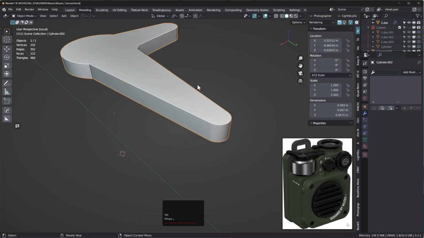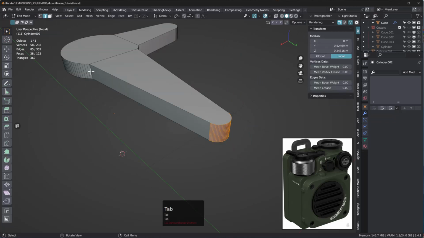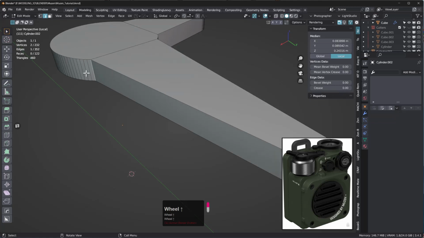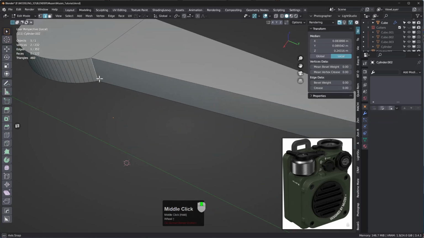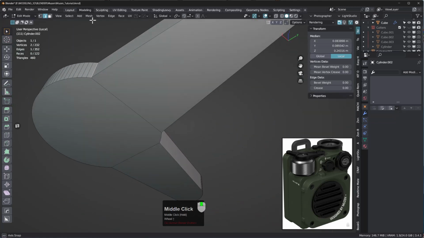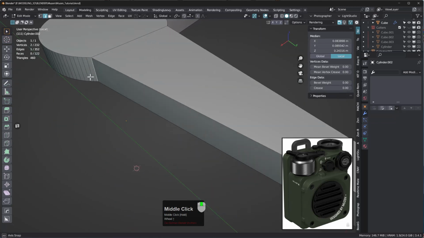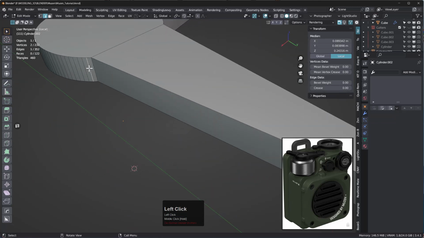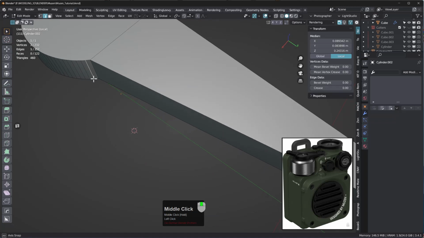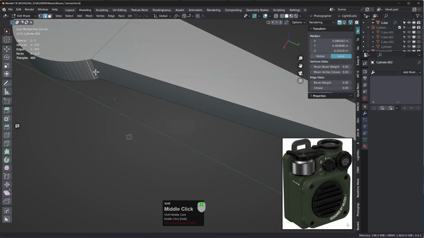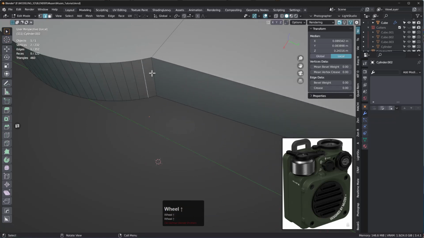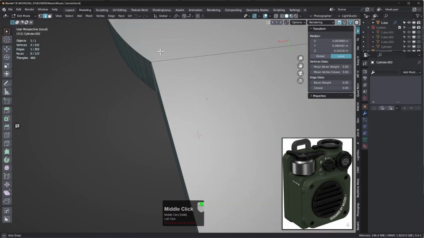So we have that part. We can bevel a little bit this one, but we need to remove that one to get enough place to bevel it. We can try, maybe